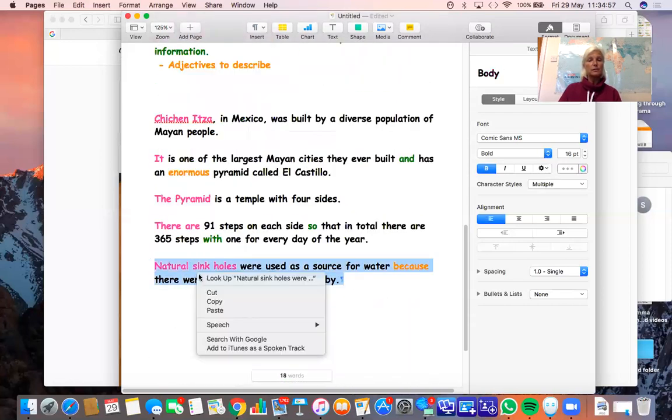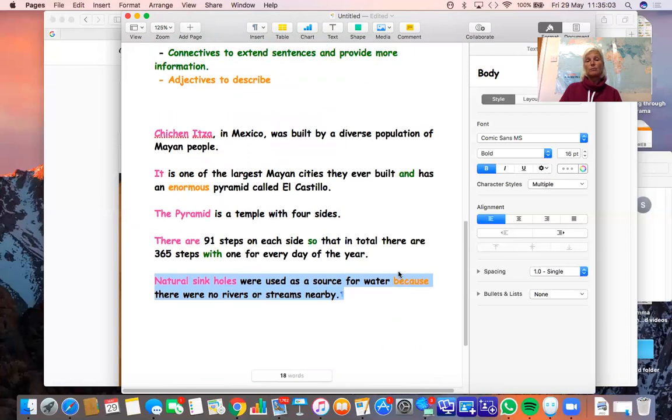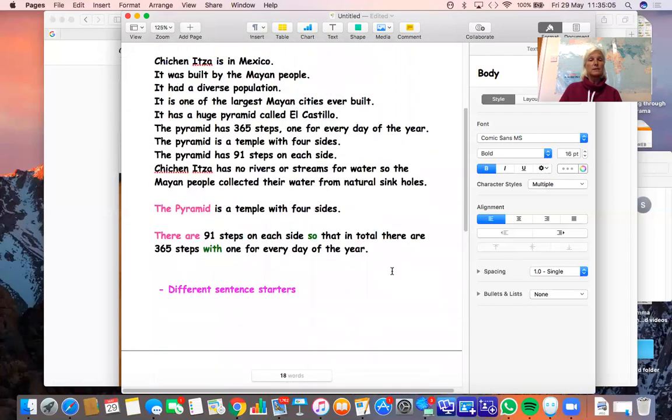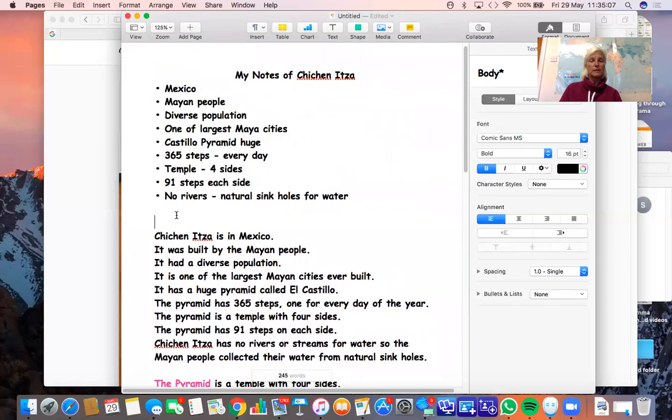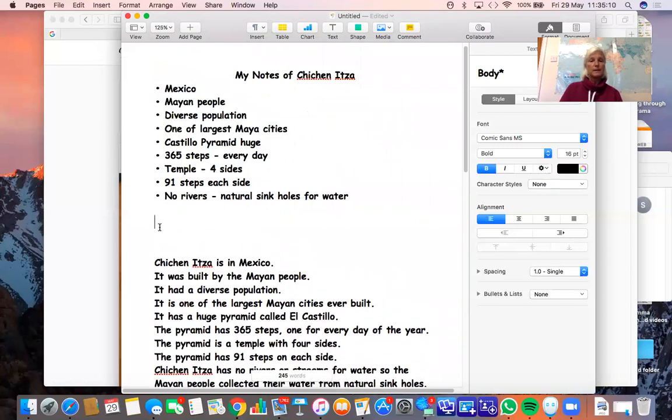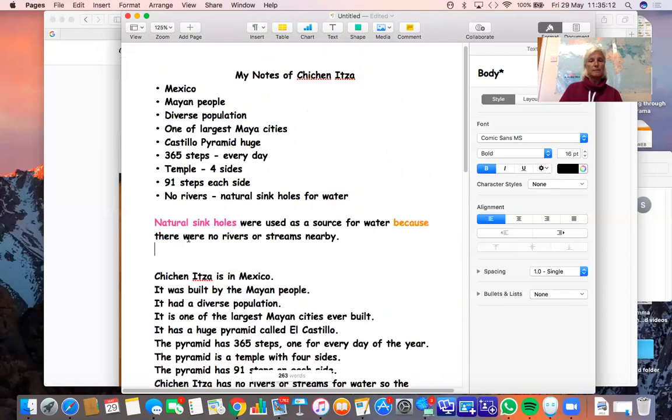Natural sinkholes were used as a source for water because there were no rivers or streams nearby. So let's put that up here. Now I think I've coloured this wrongly. Natural sinkholes were a natural source of water because is a connective, so I put it in the wrong colour.